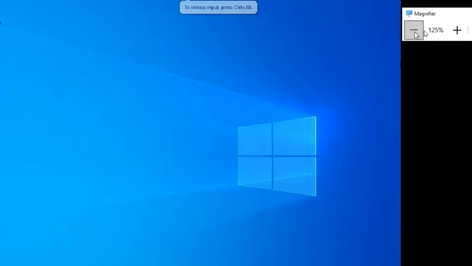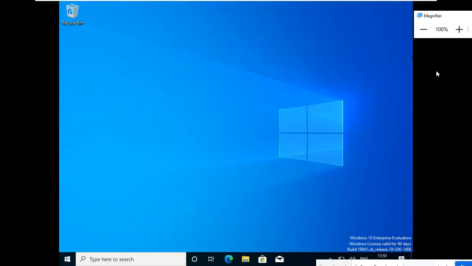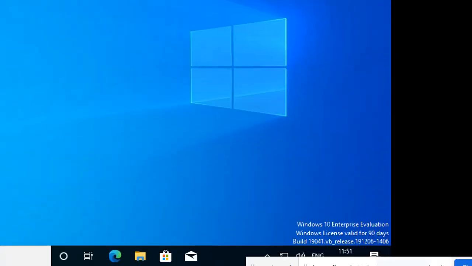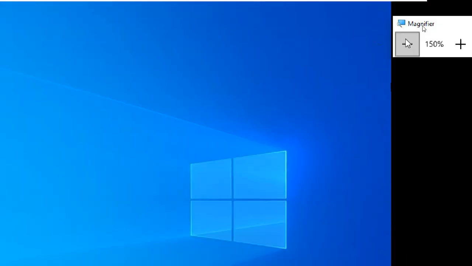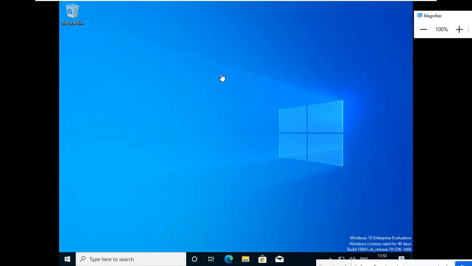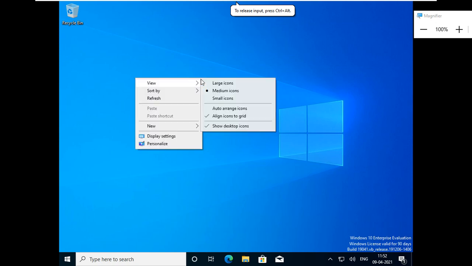Okay, so this is your operating system. At the bottom you can see Windows 10 Enterprise Evaluation version, and this is the release one. We are using the evaluation version for practice purposes only. Just for practice, and if you like it, you can suggest it to your company also. Why enterprise? Because we need to understand enterprise features, organizational level also.